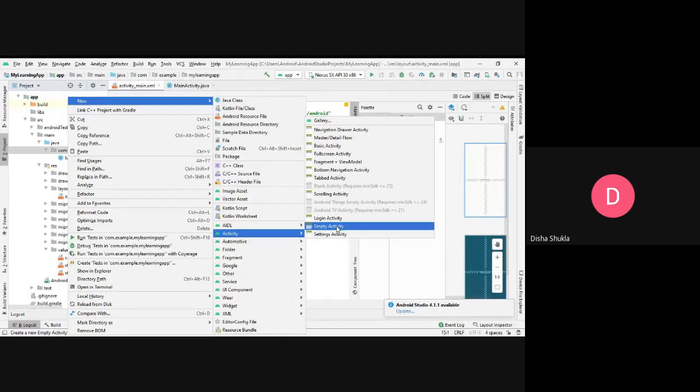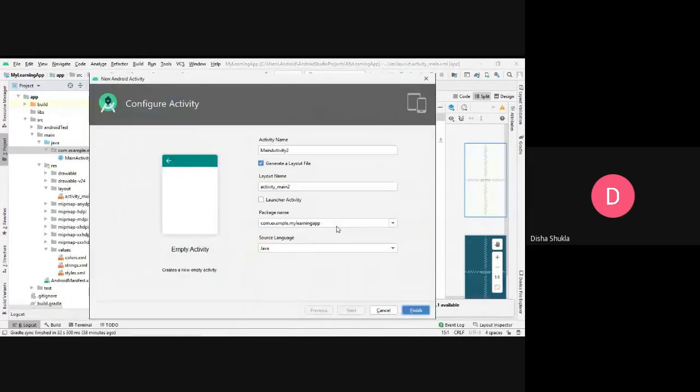I'll choose the empty activity because I don't want anything predefined. It will ask me the name of the activity, that is, what you want to name this activity. Say for example, it is named MainActivity2, and its layout file would be named activity_main2.xml.